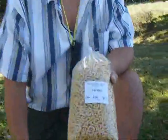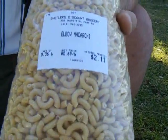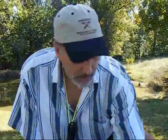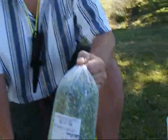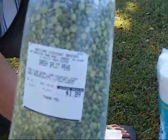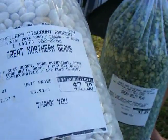Another thing that we buy is our family eats a lot of macaroni, so she buys elbow macaroni and spaghetti, and again she'll do the same thing with each of these, either in canning jars, Ziploc bags, or bottles. We buy a lot of dried peas. These are northern beans, I think, great northern white beans. And then we also buy red beans, all sorts of different beans and grains, everything like that will store for many, many years under the right